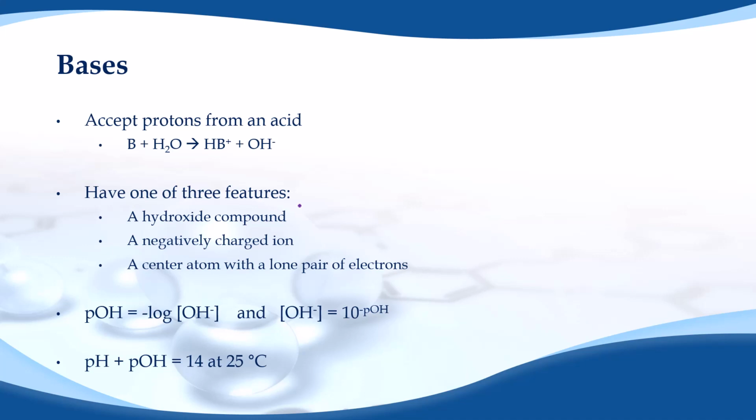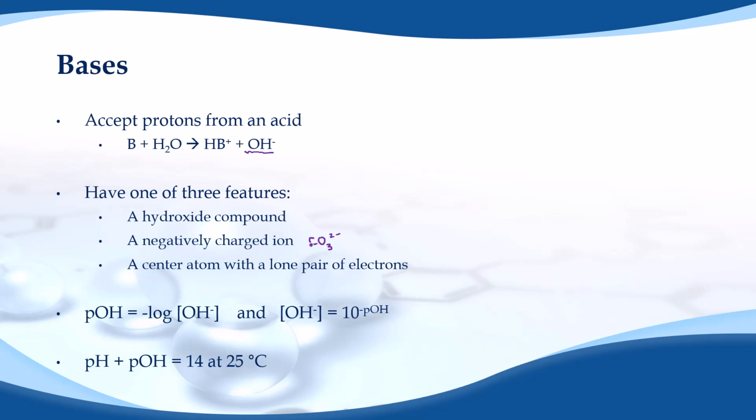Right? So all hydroxides are bases pretty much by definition, because notice how hydroxide right here is present in our reaction for a base with water. Anything with hydroxide will automatically form the ion when it dissociates. The second feature is ions that are negatively charged, right? So for example,